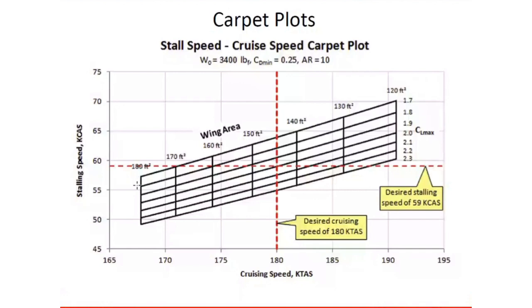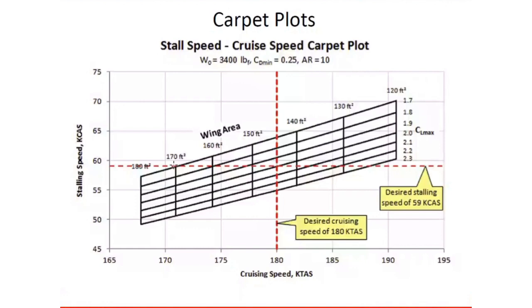Next, what happens if I reduce my wing area from 180 to 170 feet squared? If the area of the wing is less, you obviously have to fly faster for the same kind of load, because lift is half rho V square into S. S goes down, V has to increase. So for the same 170 feet square wing, I do this with 1.7, 1.8 CL max. So if you see here, I have all these curves, and then I join them. The advantage of this is,